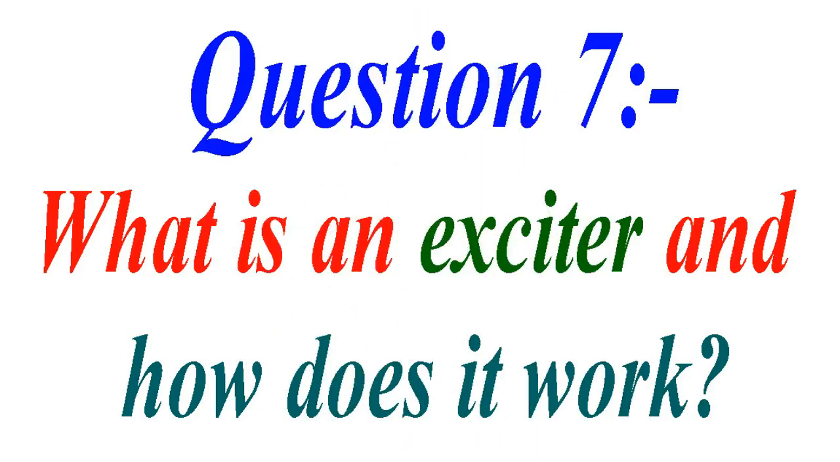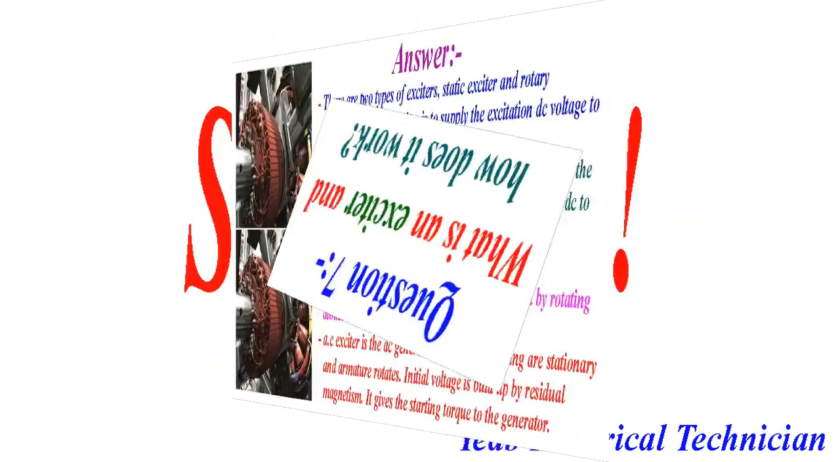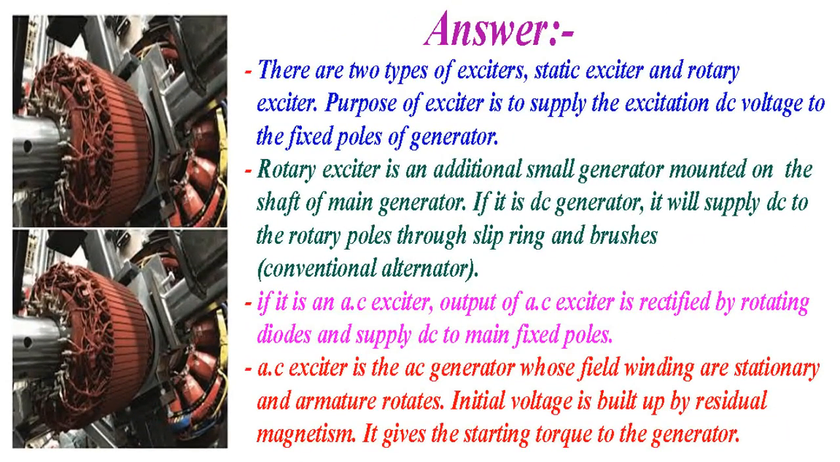What is exciter and how does it work? There are two types of exciters, a static exciter and a rotary exciter. Purpose of the exciter is to supply the excitation DC voltage to the field poles of the generator. Rotary exciter is an additional small generator mounted on the shaft of the main generator. It is a DC generator and it will supply DC to the rotary poles through the slip rings and brushes, for the conventional alternator. If it is an AC exciter, output of the AC exciter is rectified by rotating diodes